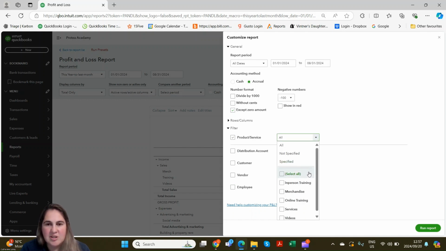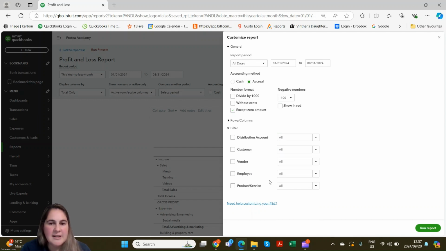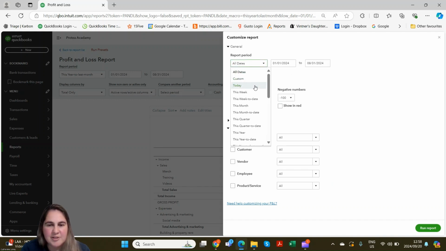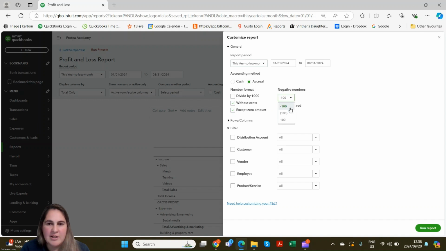As you can see, it also says specified or non-specified. Non-specified will be items that don't have customers, vendors, or product and service items. If you filter by these, your profit and loss will show up with these filters applied. Let's make a few changes up top by clicking without cents, showing our negative numbers in brackets and red,